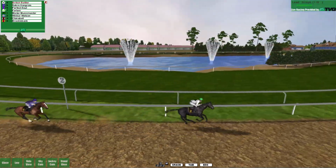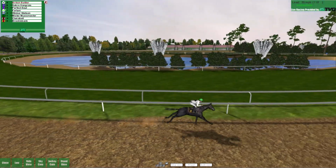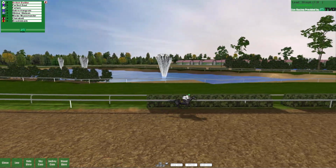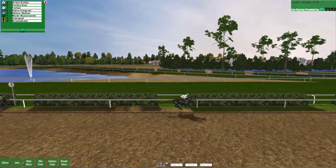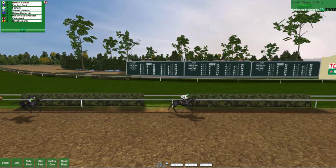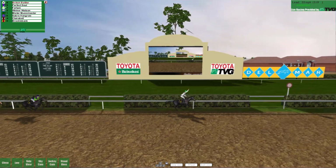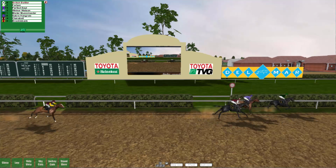We approach the 2 furlong marker about 3 to 4 lengths ahead of Sabre Hongrois. And Hongrois is back. Perfect Soul now up into second. Fortuny making a move up. Clarabelle still at the rear. Final furlong marker. Now we see Perfect Soul come onto the camera. Even the greatest horses of their time would not be able to catch British Battler, who coursed across the finish line. And Clarabelle finishes